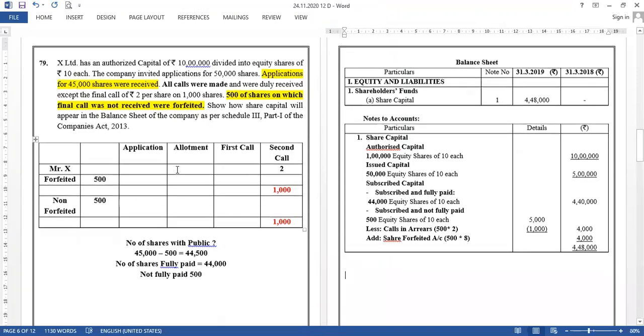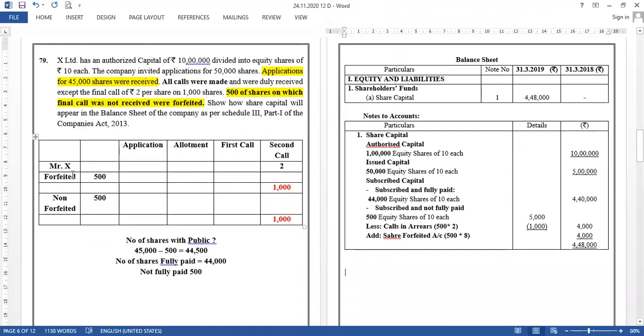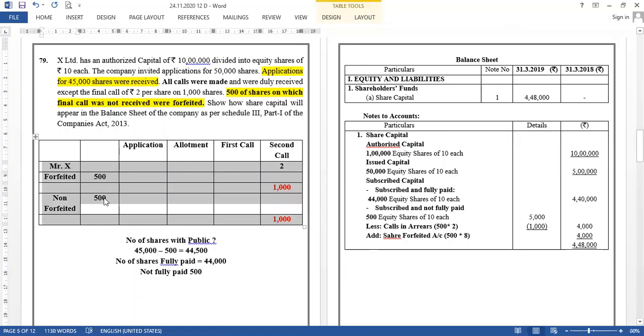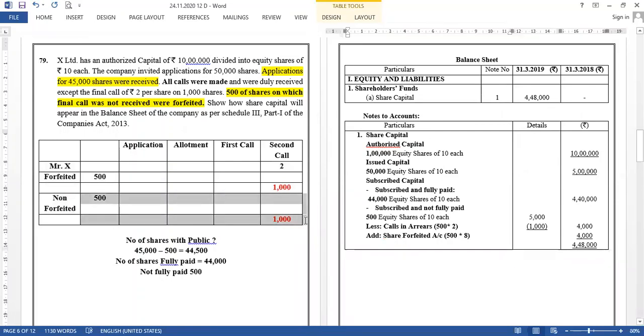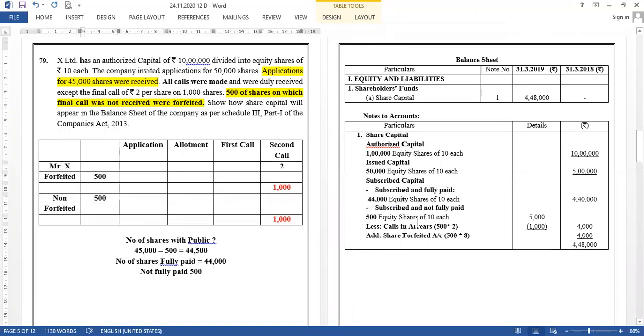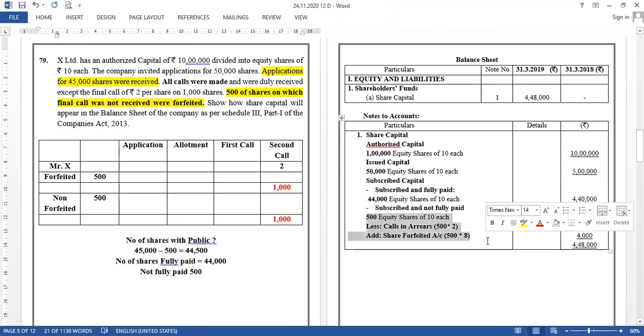Please check. This is one of my favorite sums. The reason is very clear. 1,000 का पैसा नहीं मिला, but not many students are able to understand this calculation. 500 are forfeited, 500 are not forfeited. Because the 500 shares are forfeited, तो forfeiture account आएगा. Correct. And because the shares are not forfeited, तो call arrears आएगा. That's all. You have to take care of this part. This is easy to get. 44,000 are fully paid up, तो ठीक है, वो समझ में आ जाता है. Because ये lines आप सोच लेते हो. But यहाँ mistake हो जाता है.